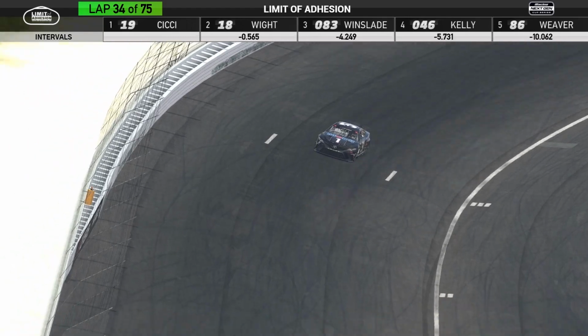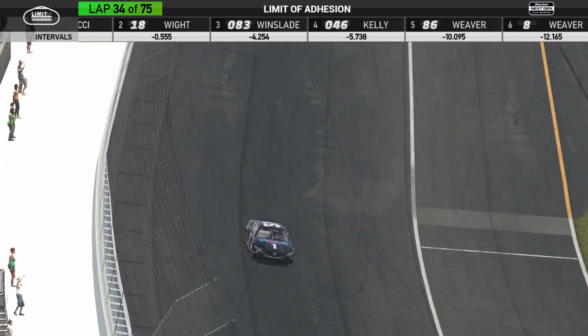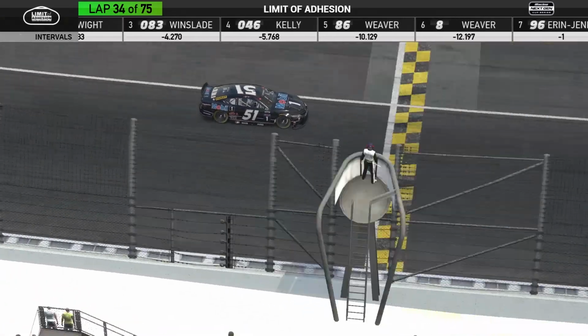Yeah, the toughest GT3 car. The Ferrari was the last one rolling, but